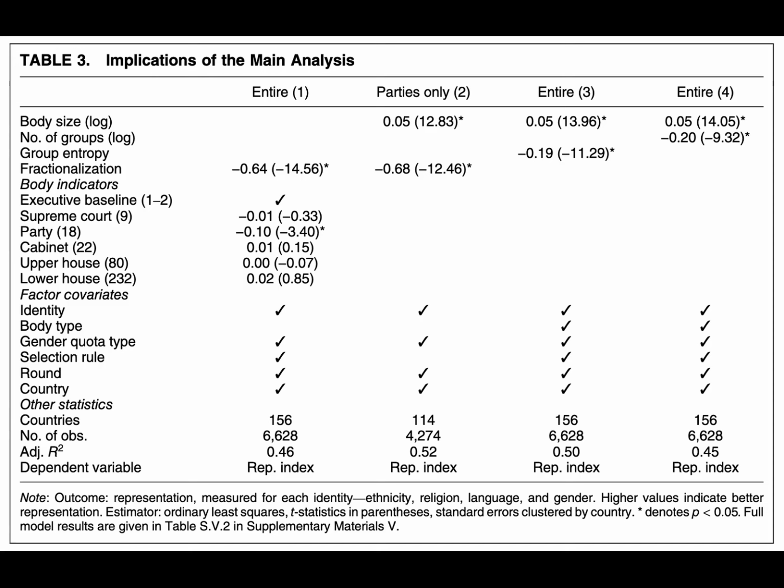These compositional factors account for roughly half of the variability in descriptive representation across bodies and countries throughout the world today. A little more than half if aggregated by country, a little less if disaggregated by political body, Table 2. By contrast, other factors such as the type of office (executive, cabinet, et al.), selection rules (appointive, PR, et al.), regimes (democracy, autocracy), levels of economic development (per capita GDP), and inequality (the Gini index) appear to have only marginal